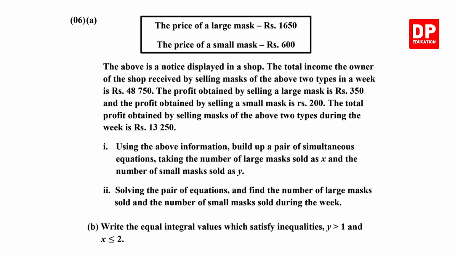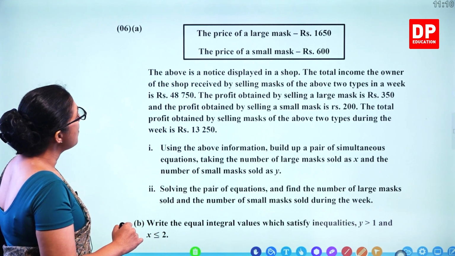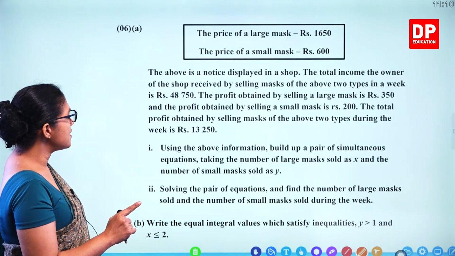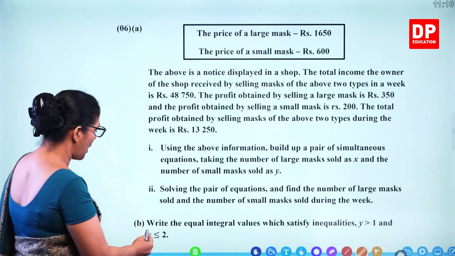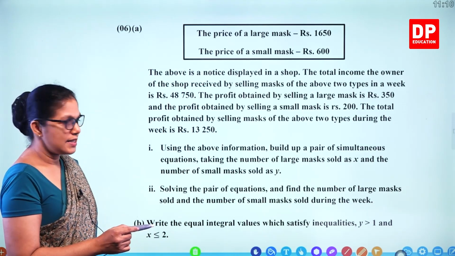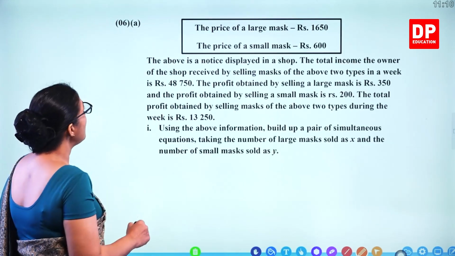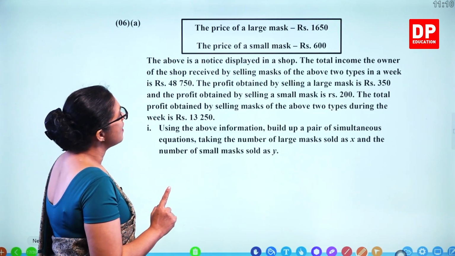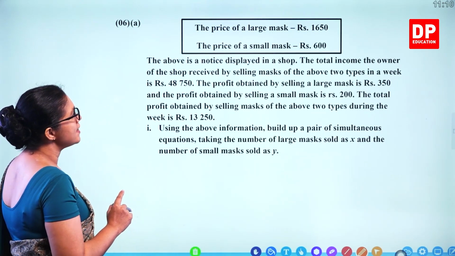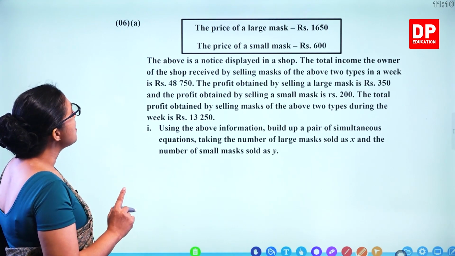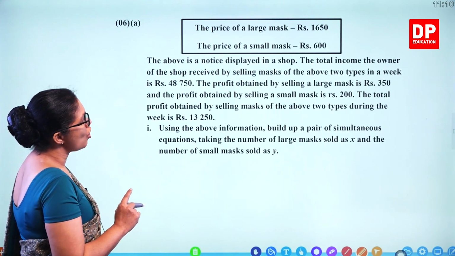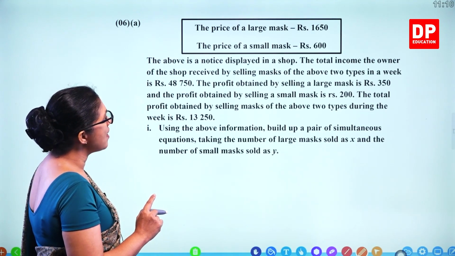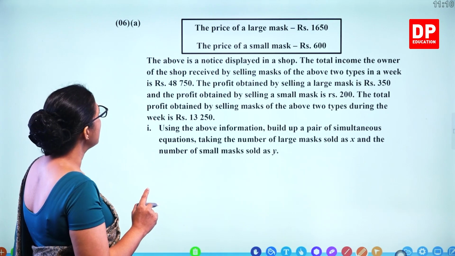Question number 6. That's about making a pair of simultaneous equations and solving them, and part B is about inequalities. So let's do the first one. The price of a large mask is 1650 and the price of a small one is 600 rupees. The above is a notice displayed in a shop. The total income the owner of the shop received by selling masks of the above 2 types in a week is